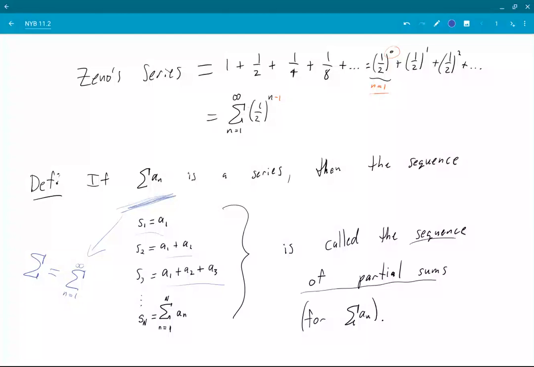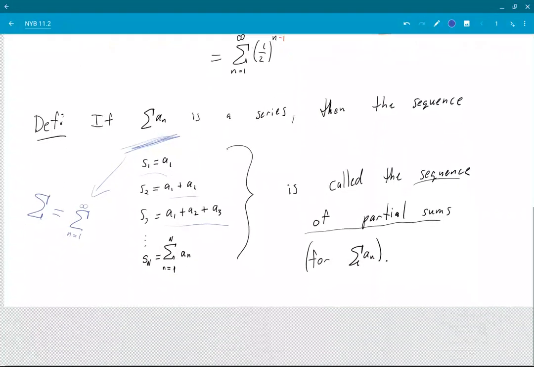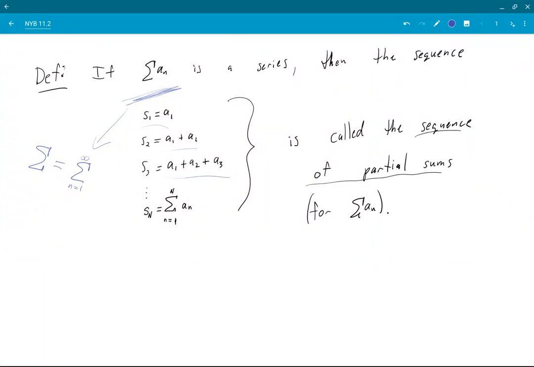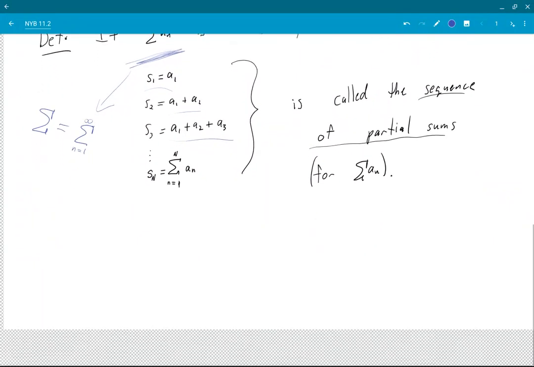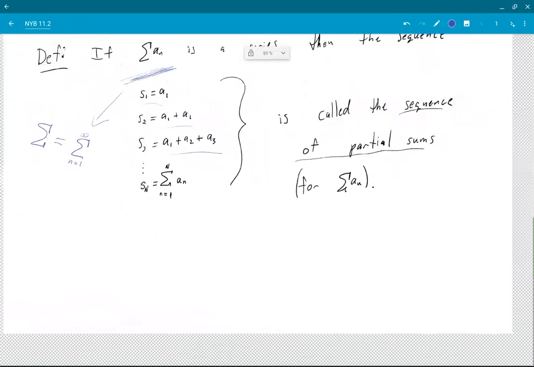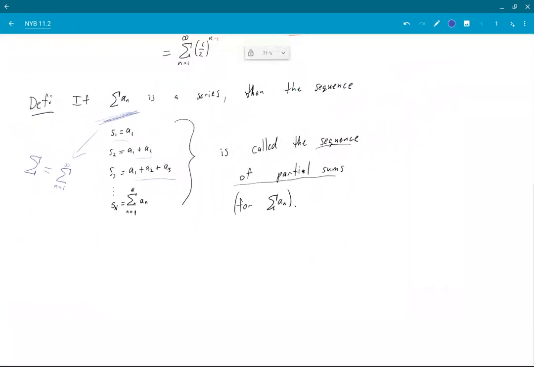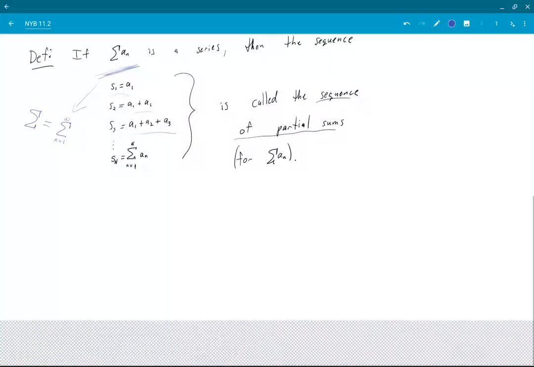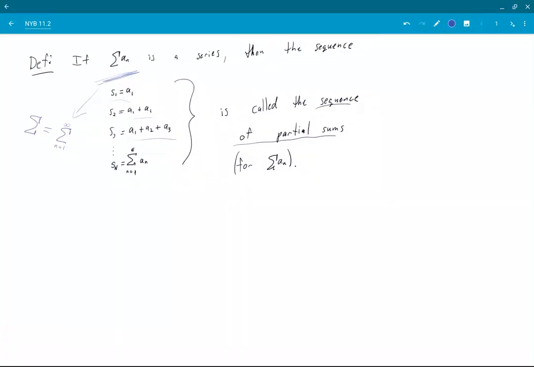Okay, so we have the sequence of partial sums. This is a key definition. Take your time and digest that, because we're going to be coming back to it over and over and over again. Let's zoom out a little bit here so I can write below it without erasing it. Okay. Now,